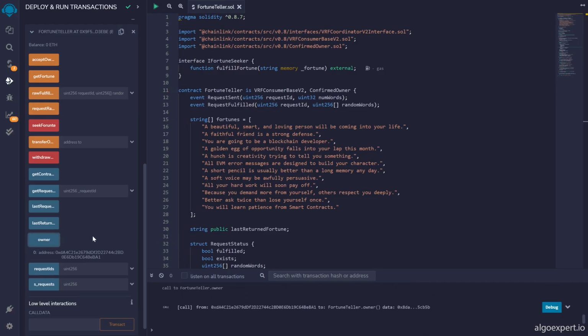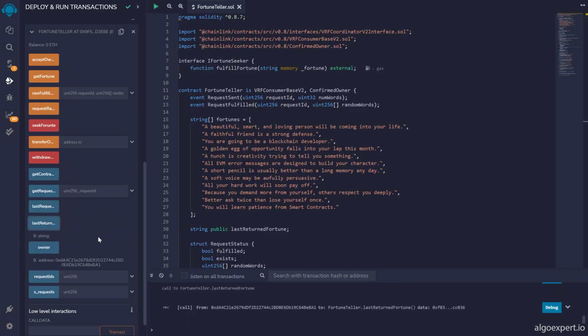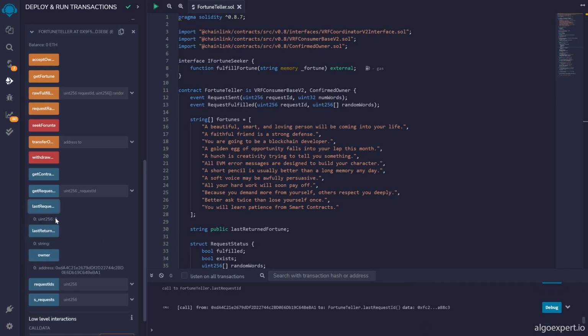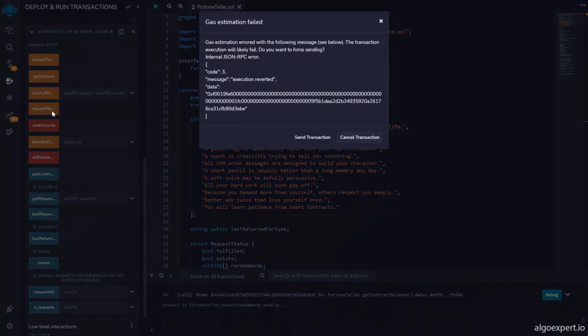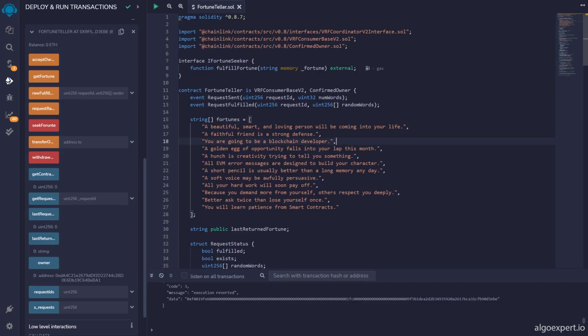So for example, I can look at the owner. I can look at the last returned fortune, which is nothing. The last request ID, which is 0 because we haven't requested anything. We can get the contract balance, etc. Okay. So what we want to do if we want to start using this is use request random words. So let's request random words, and it gives us an issue. It says this transaction will likely fail. Now, the reason this is going to fail is because we've not yet added this contract as a consumer on